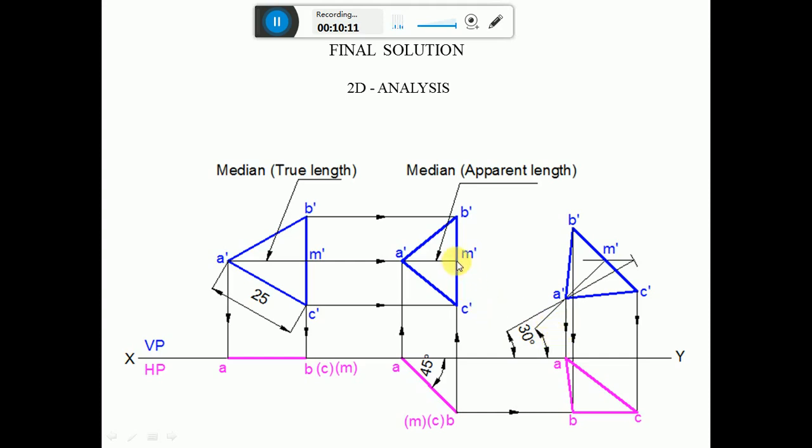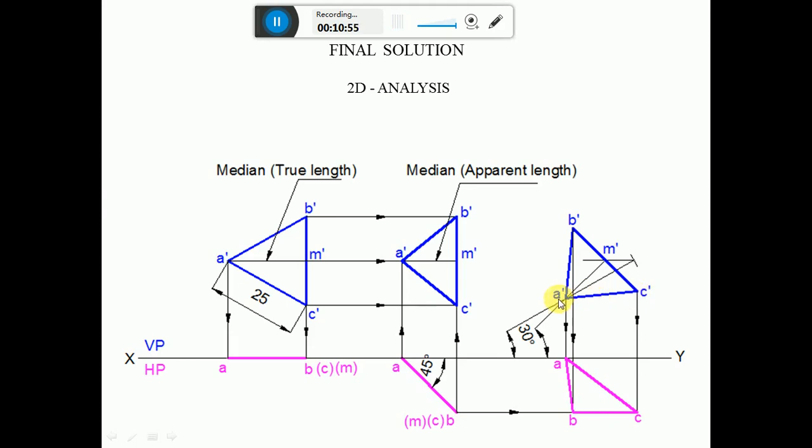Then, as b dash c dash is perpendicular to a dash m dash, using the protractor measure 90 degrees with respect to the a dash m dash line and draw a perpendicular line. Using the compass, measure the distance from m dash to b dash and m dash to c dash. Both are going to have equal distances. With m dash as center, cut an arc on the top side to get this point and mark it as b dash. Similarly, with the same m dash as center, cut on the bottom side to get this point c dash and mark it as c dash. Then join a dash to b dash to c dash, and c dash to a dash with a dark line.